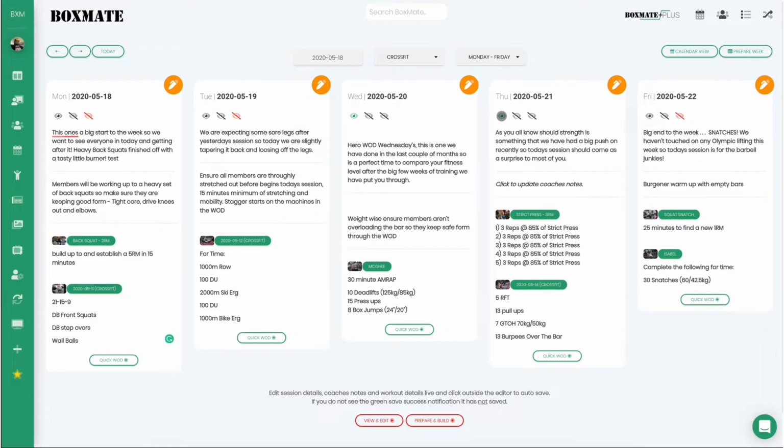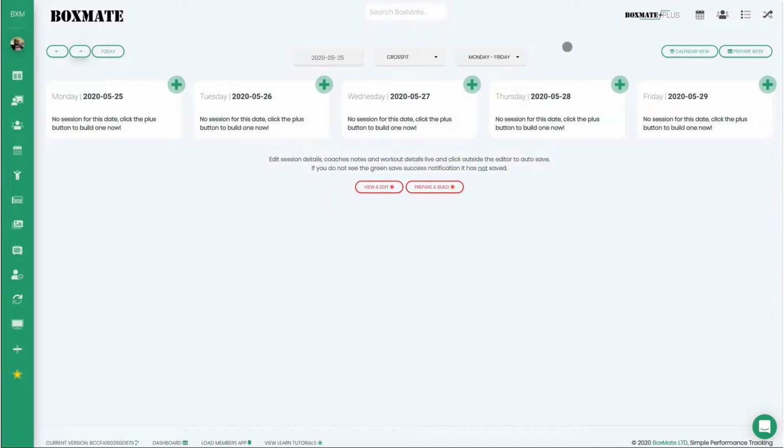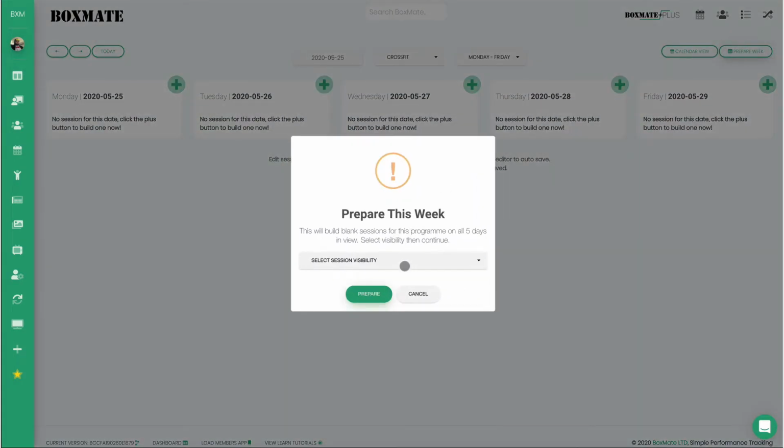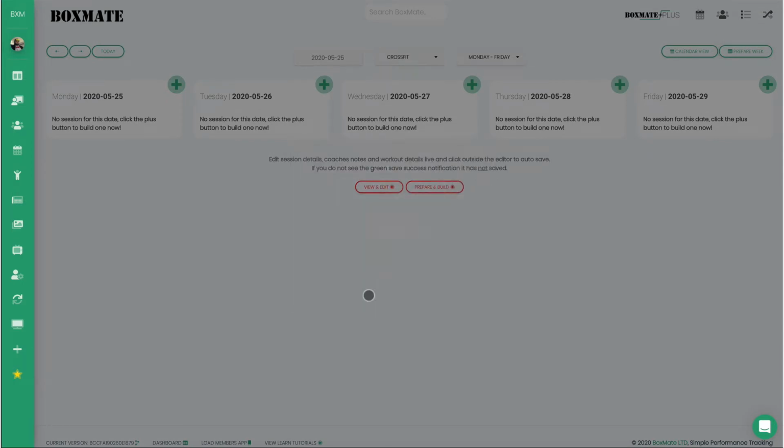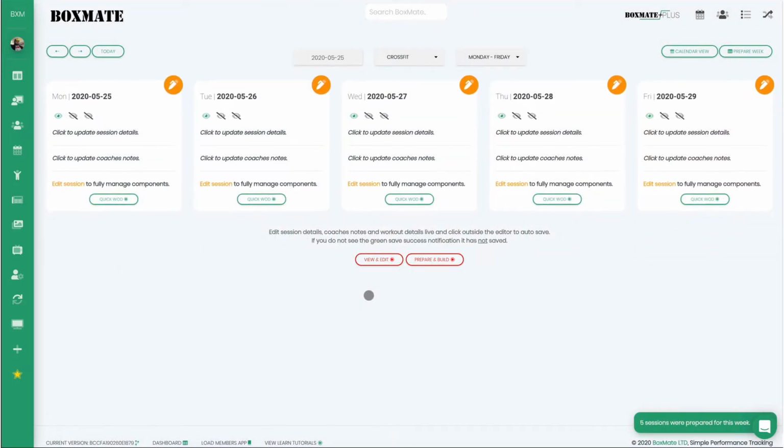From the new weeks view, you can also prepare and build a full week of sessions and then quickly input programming, whether that's typing it out or copy and pasting it from a third-party source. So head to the week you want to program for using the arrows on the calendar. Click Prepare Week, choose the session visibility, hit Prepare, and that's a full week of sessions built in a single click. Now, you can just click to edit session details,